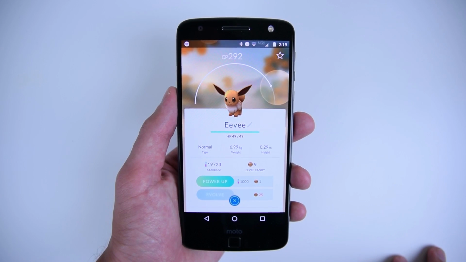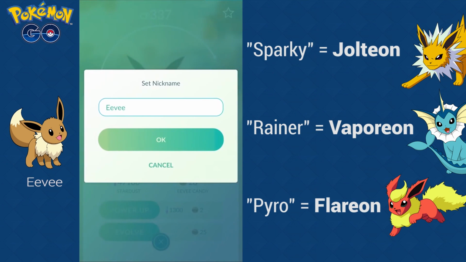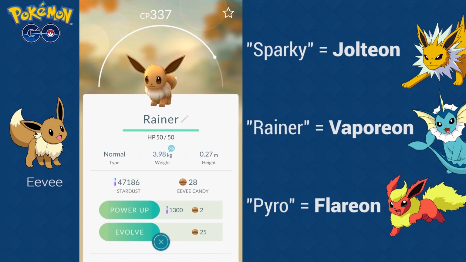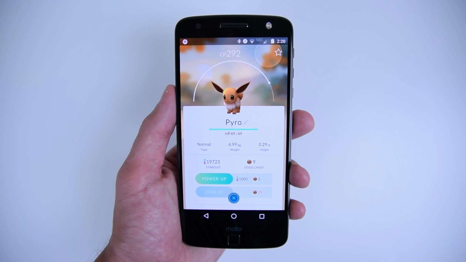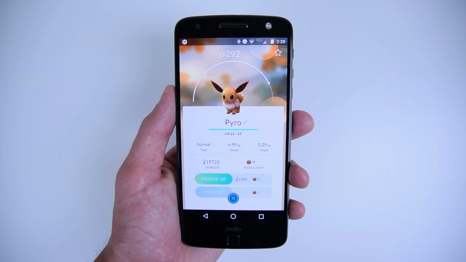This next tip is more of an Easter egg, which basically allows you to make Eevee evolve into the form you want by naming it something specific. So if you rename Eevee to Sparky and evolve it, you'll get a Jolteon. If you rename it Rainer, you'll get a Vaporeon, and if you name it Pyro, you'll get a Flareon. Just know that this only works once per evolutionary form,